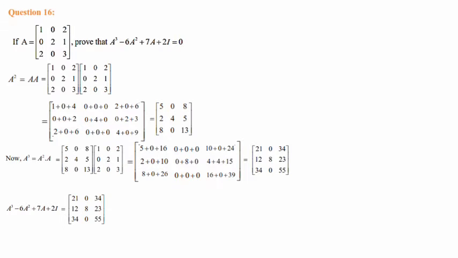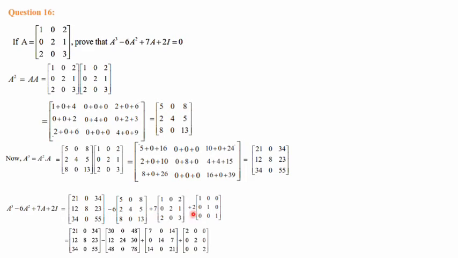So when we do the calculation here, just substitute A cube value. A cube value is this one. Just we have substituted here. Minus 6A square. Minus 6 into A square value is this one. We have substituted. Plus 7 into A. So 7 into A matrix. It is given to us, that we have substituted. Plus 2 into I. So here I is an identity matrix of order 3 by 3 because the given matrix is of order 3 by 3. So plus 2 into identity matrix, we know that the diagonal elements are 1 and the rest of the elements are 0.